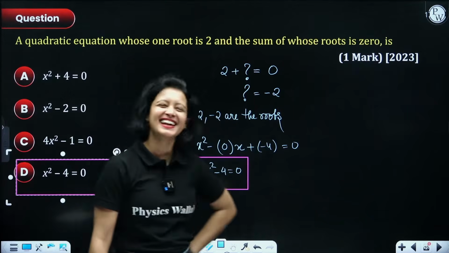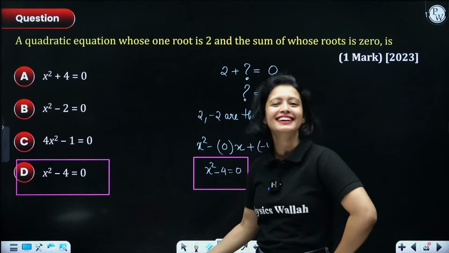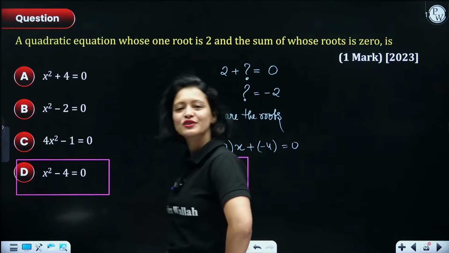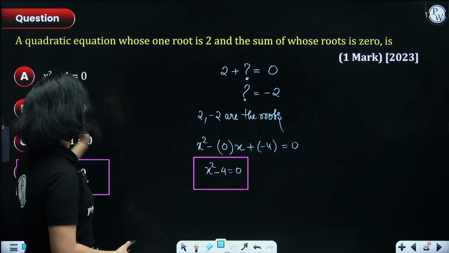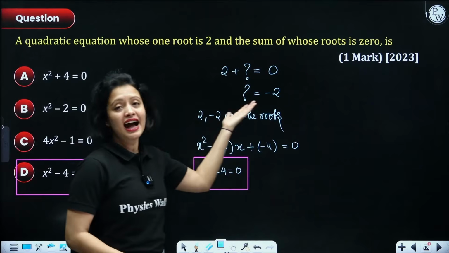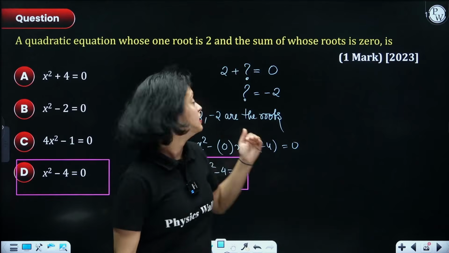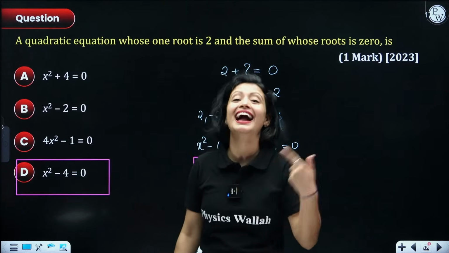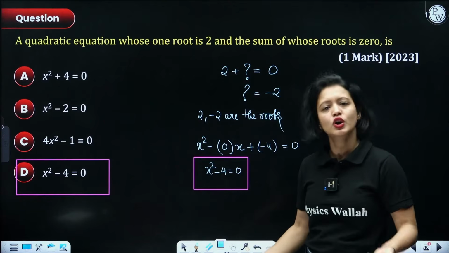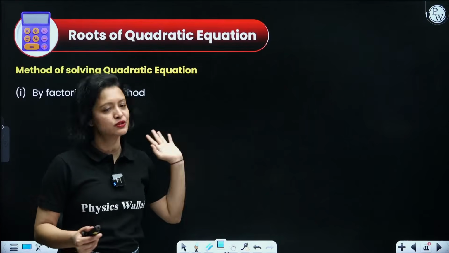Everyone that gave the correct answer before me, pat yourself on the back, guys. Very simple, very easy question, right? And yes, this was the concept. You could have done this question multiple ways, guys. You could have checked which of the following equations has 2 as its root and the sum of roots, which of the following equations has its roots as 2 and -2. You could have done that also. Totally your choice. So I hope you understood. Very simple, very easy. With that, let's move on.